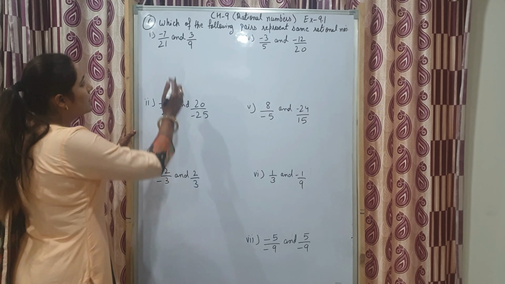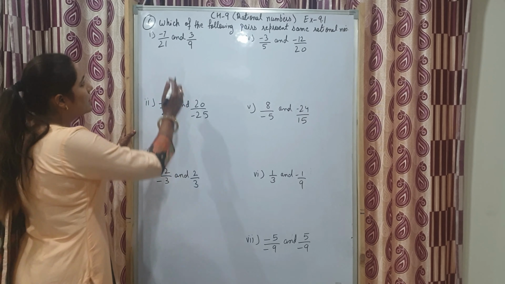Now next question, second part, minus 1 upon 3, minus 2 upon 9, minus 4 upon 3. If you see, the denominators in each case are different. In the first part the denominators were the same, so I did not change anything, but here the denominators are not the same. So first we will take the LCM of the denominators. LCM of 3, 9, 3, that is 9. You can do it on rough work, you will get 9. How? I will show you. Then 3 multiply 3, that is 9. So LCM is 9. In this way you will find LCM.